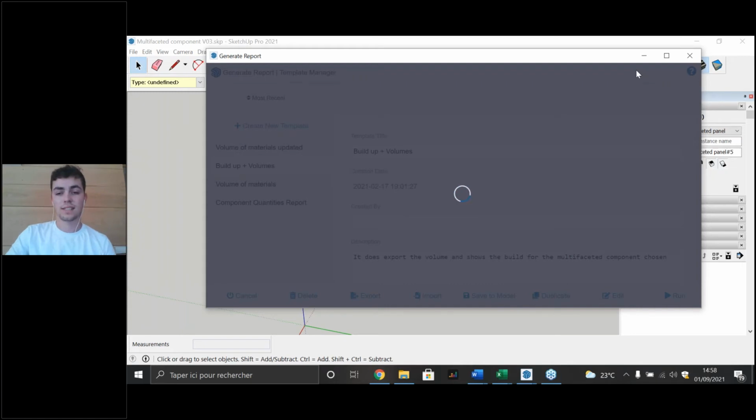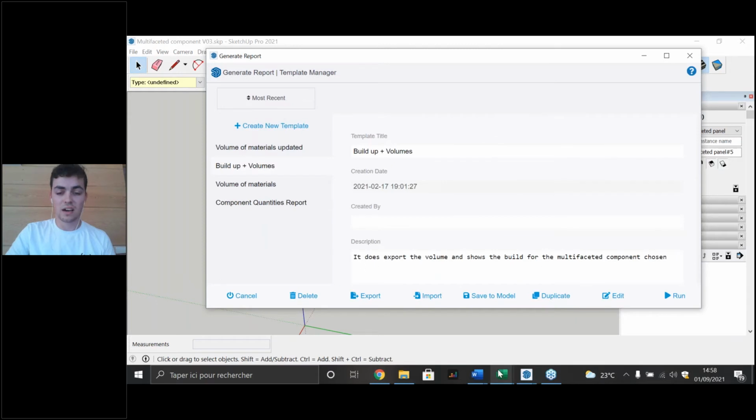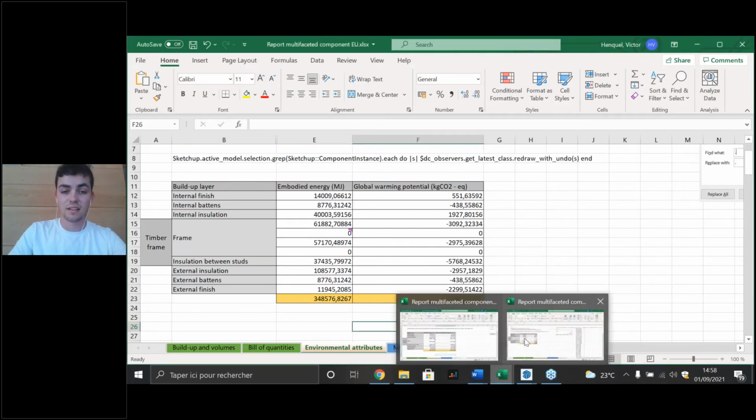And so by running the volumes of material in there, it's gonna create an Excel file with all the attributes. Oh, seems it doesn't work, but I already have the Excel file prepared. That's fine. So I do have two different Excel files